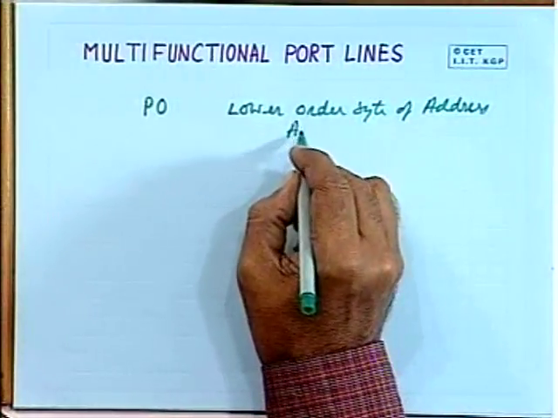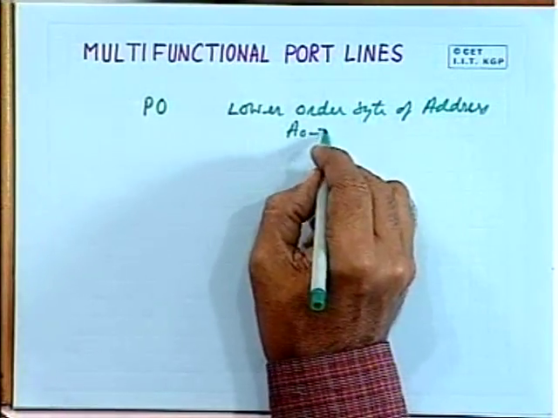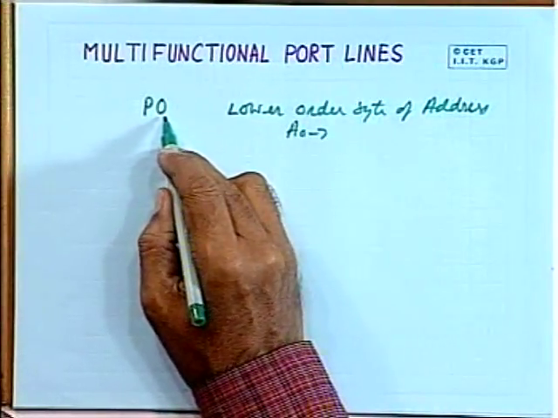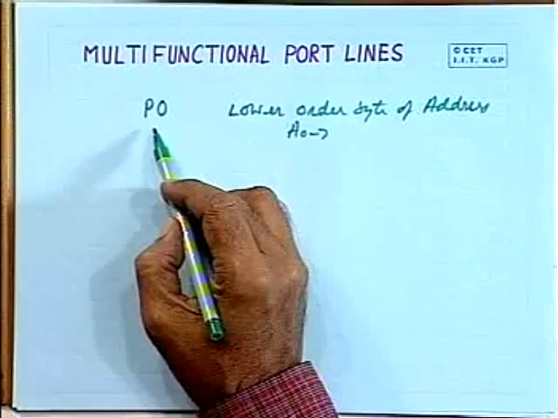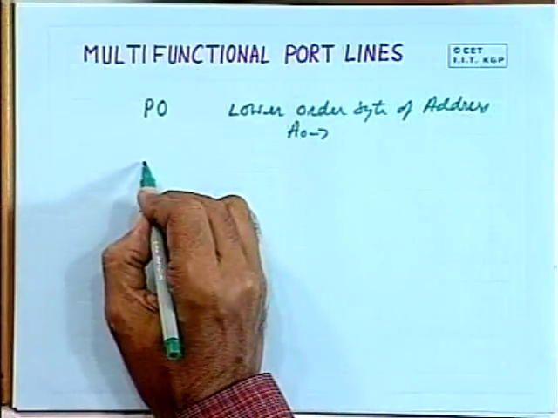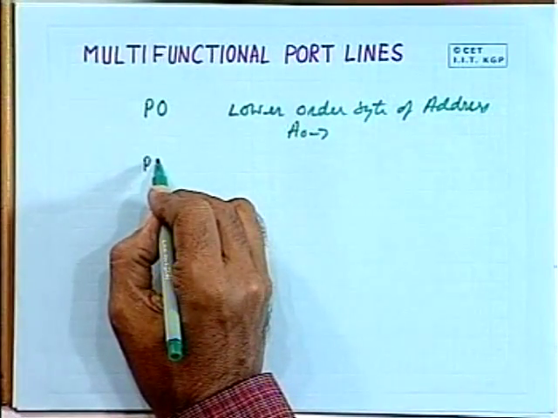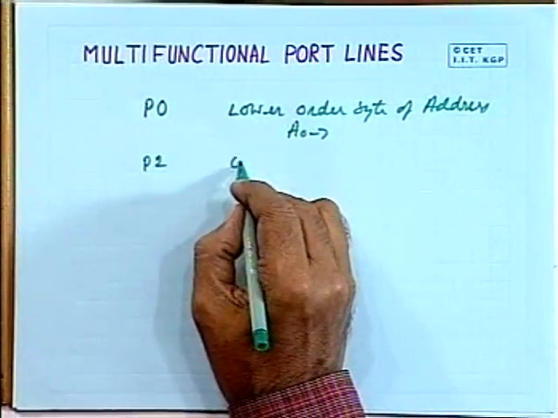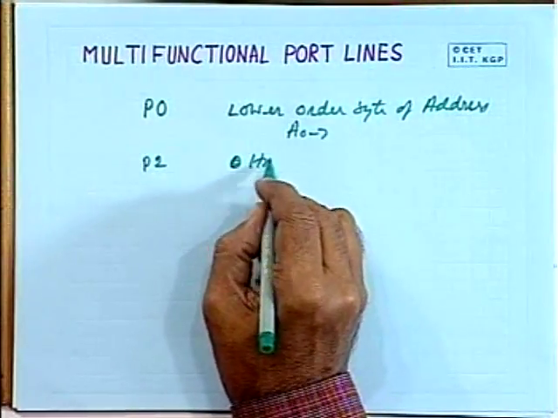That means A0 to A7 is available on this port line, because the microcontroller does not have external address lines A0 to A15. So if you want to access some external memory, it has to be provided through some port lines, and port 0 provides that. Then you have got port 2, which provides you the higher order byte